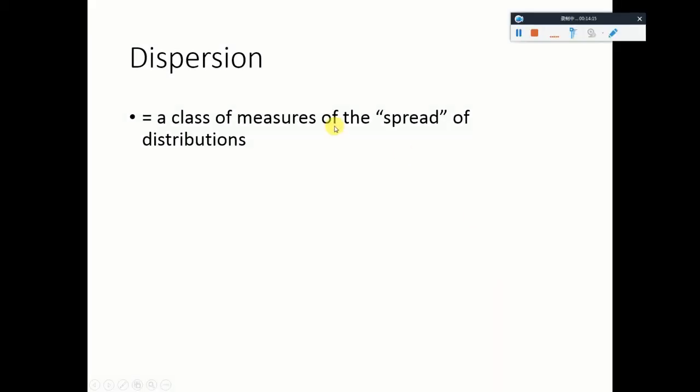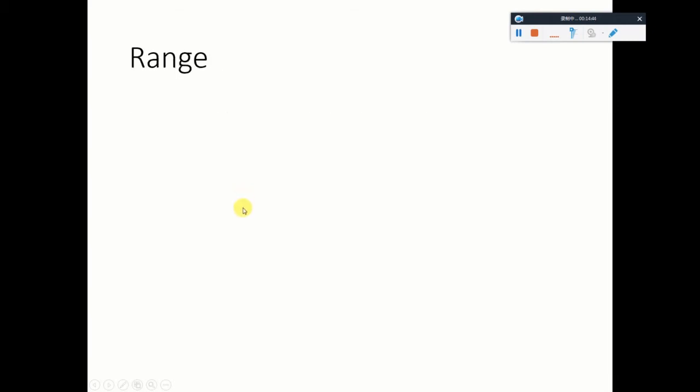So dispersion, again, like central tendency, is a class of statistics that will describe how spread out a distribution is. And then also like central tendency, we have at least three specific dispersion statistics. We'll call them range, variance, and standard deviation. So range,